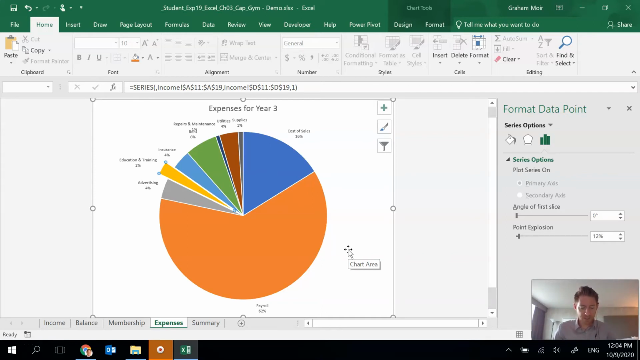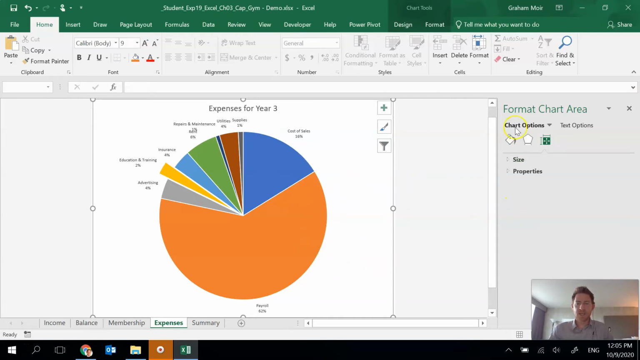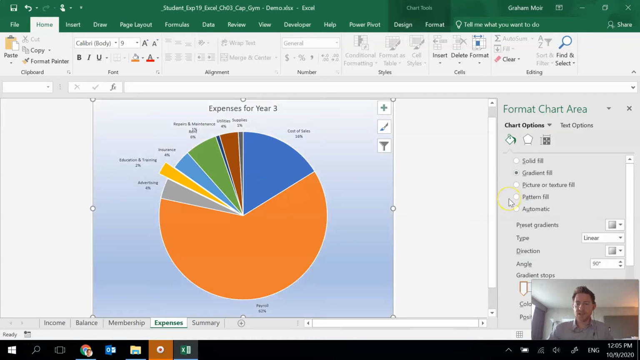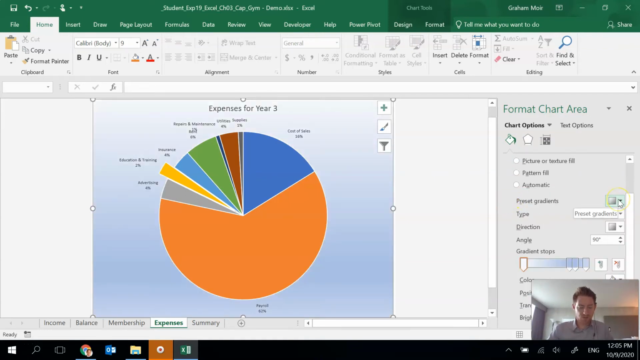Step 11, we're going to add the light gradient accent to fill color to the chart area. So I'm now going to just click on the chart area, and now I have format chart area options here, and I want the bucket because that's usually the one for filling colors, right? So click on that. I want fill, and we're told we need a gradient, so I'm going to click on gradient, and if I go to my preset gradients,